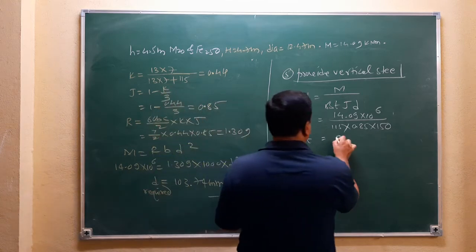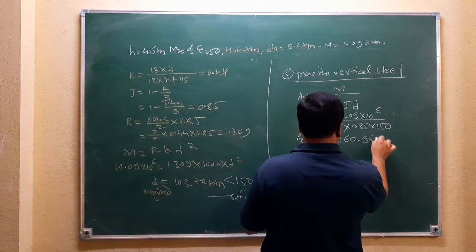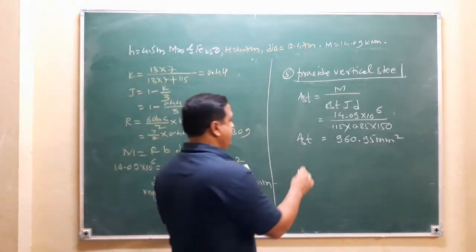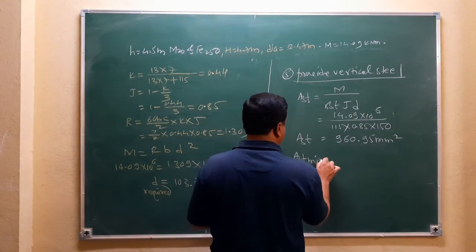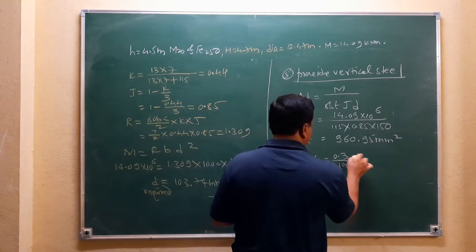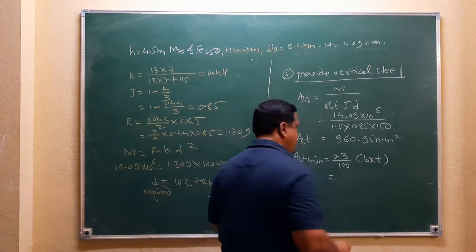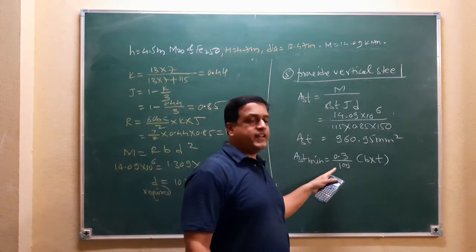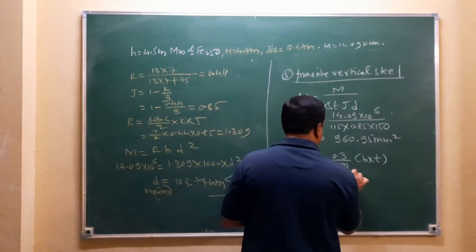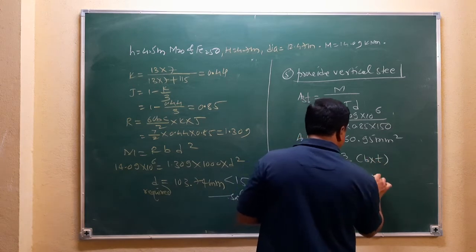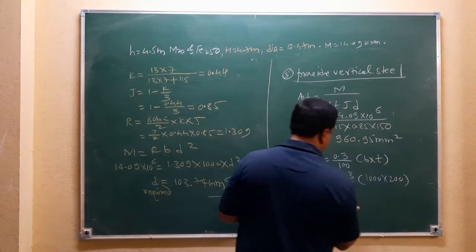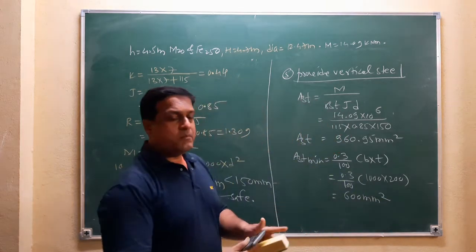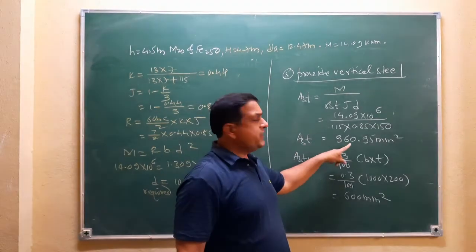So the AST is 960.95 mm square. Okay. So what is the AST minimum? AST minimum is 0.3% of gross cross-sectional area of steel. You have to check that. Sorry, this AST should be more than the AST minimum. So 0.3 divided by 100, width is 1000, thickness is 200. So 3 into 2 is 600 mm square. So AST minimum is 600 and AST for the bending moment is 960.